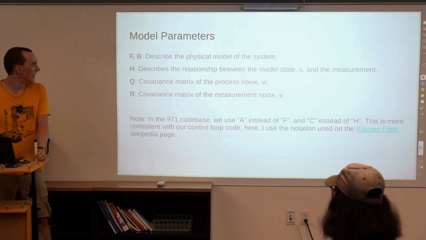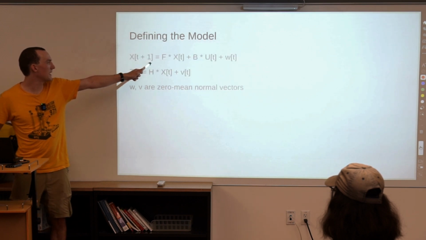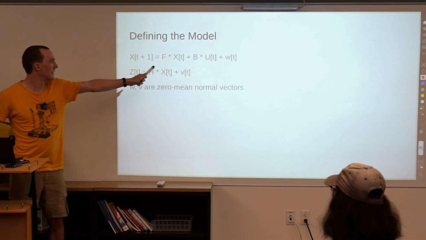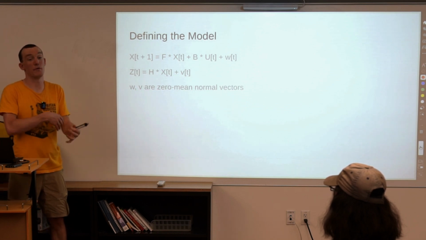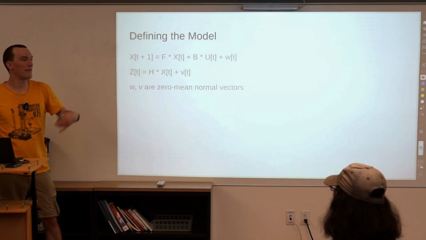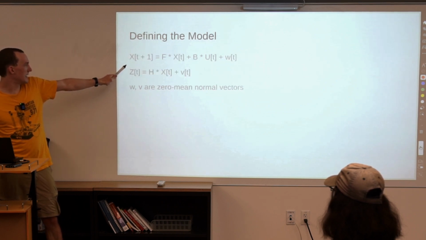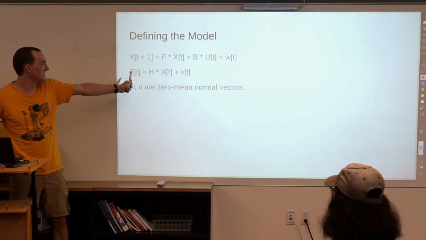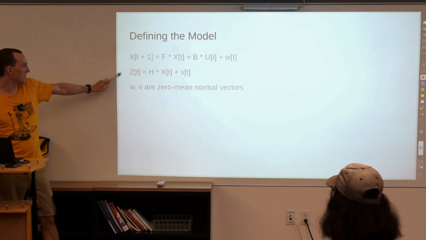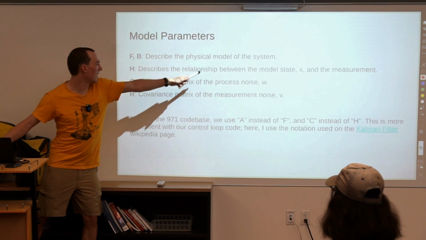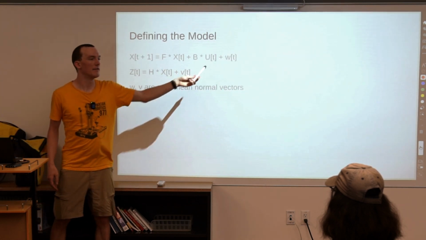All right. To describe what some of these are, F and B basically come from the physical model of the system. They are describing what will happen if you apply a certain voltage or don't and let the mechanism move. H in this case is how the sensors relate to the current state of the system. And then I didn't write them here, but you will have parameters Q and R to describe what the distribution